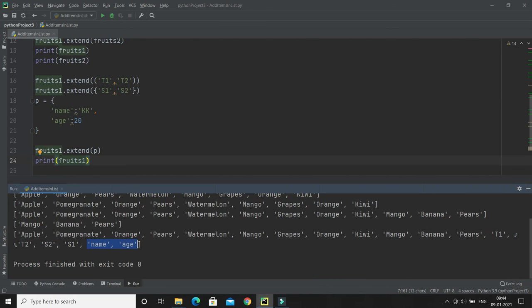And when we added a dictionary, only the keys have been added, right? Dictionary is also an iterable, so only the keys will be added. These things you have to keep in mind. Even you can pass a string as well, because a string is also an iterable object in Python.